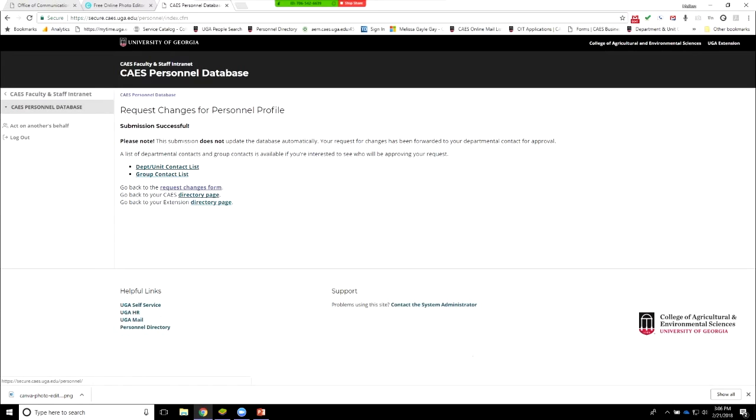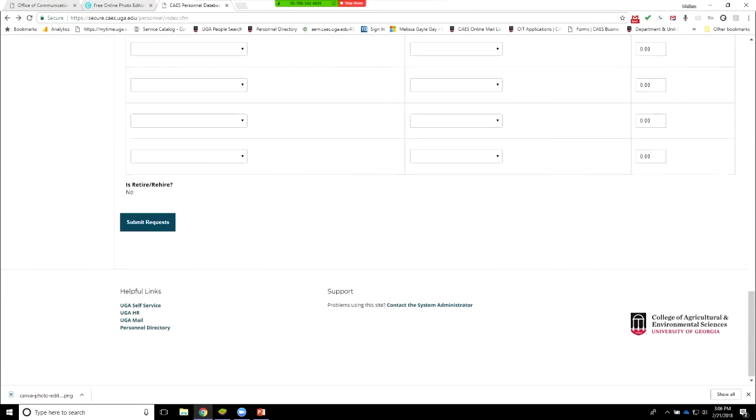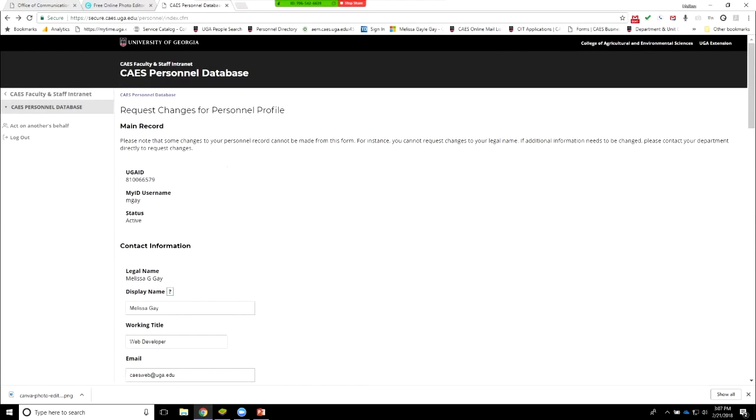And then you can go back to that page if you need to make further changes, or if you mess something up. Or you can go back to the directory page. Oh, that link's not working at the moment. And I just used the back button in the